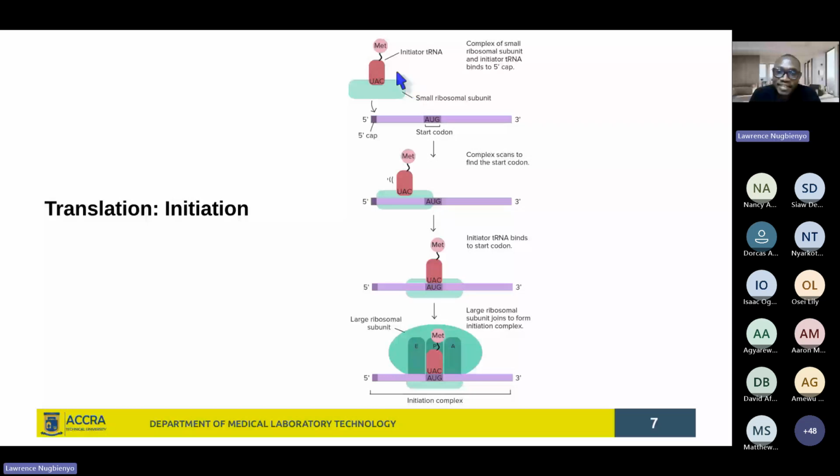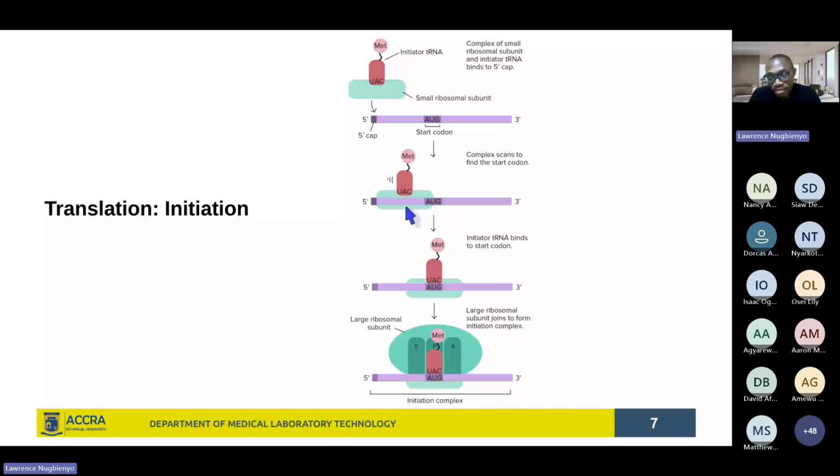And that transfer RNA is having what is being referred to as the anticodon. It is that anticodon that is going to bind to the start codon. So the anticodon is complementary to the start codon. And the amino acid that is bonded onto it is methionine. That is represented there as MET, methionine. And once it binds onto that messenger RNA,